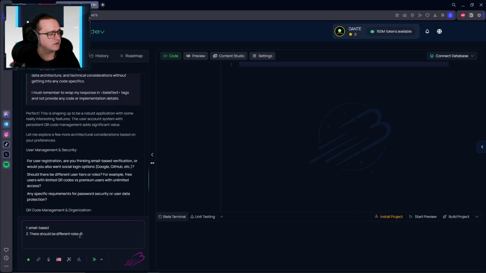By default, the free user will have only 3 QR codes that can have